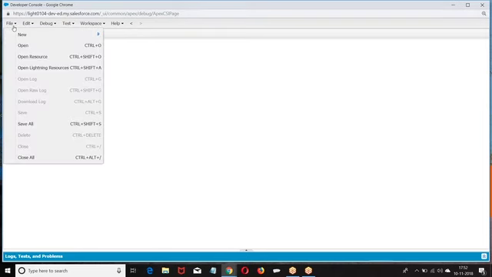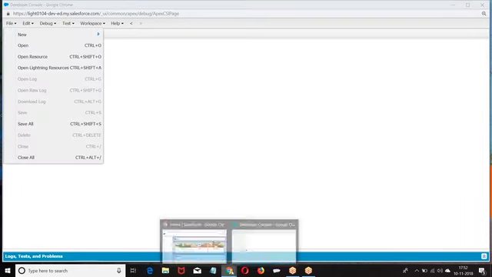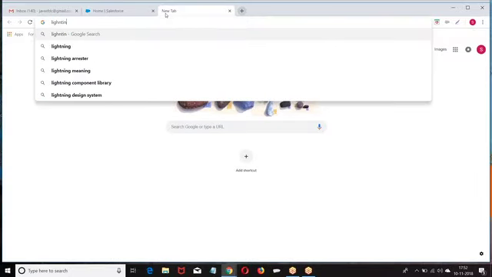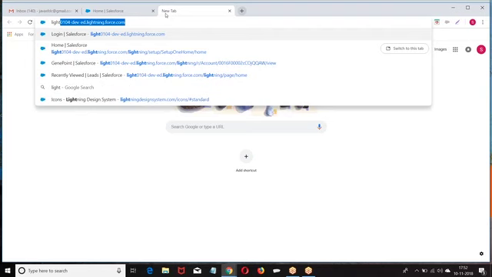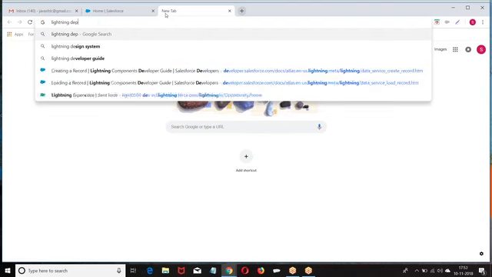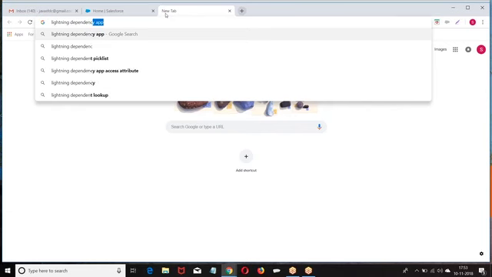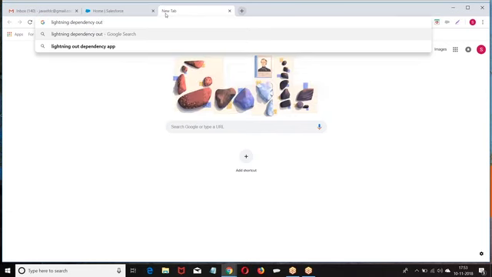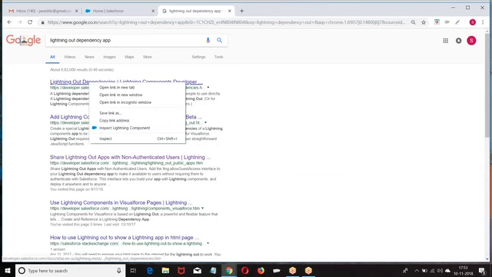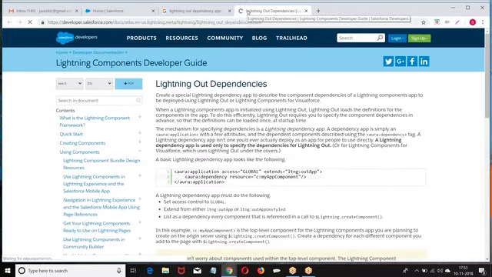Boss, if the application what you are creating is Lightning, right now what we are doing, we are creating a Lightning application and we are getting a Lightning component and we are adding that Lightning component within the Lightning application and we are seeing it.